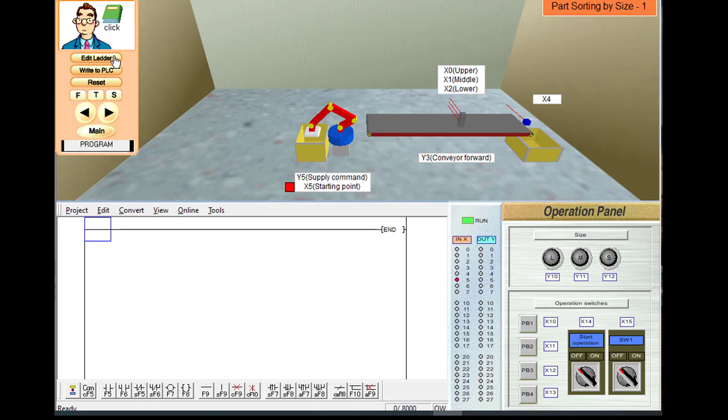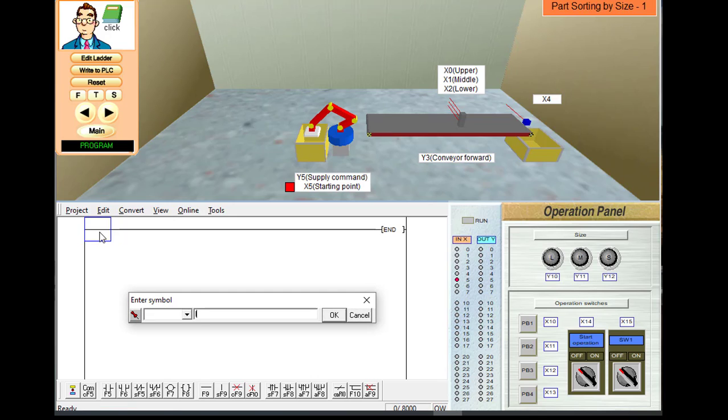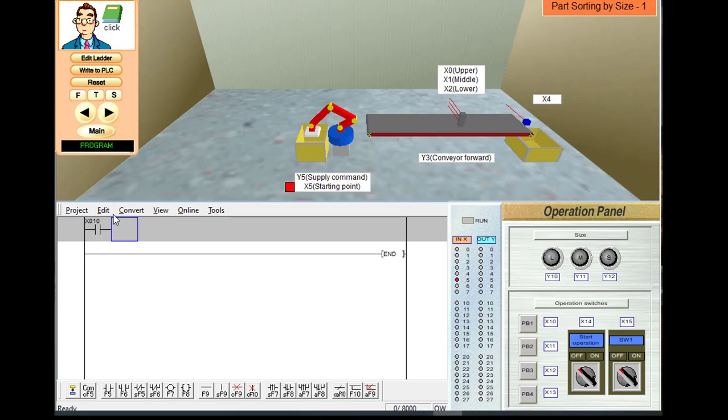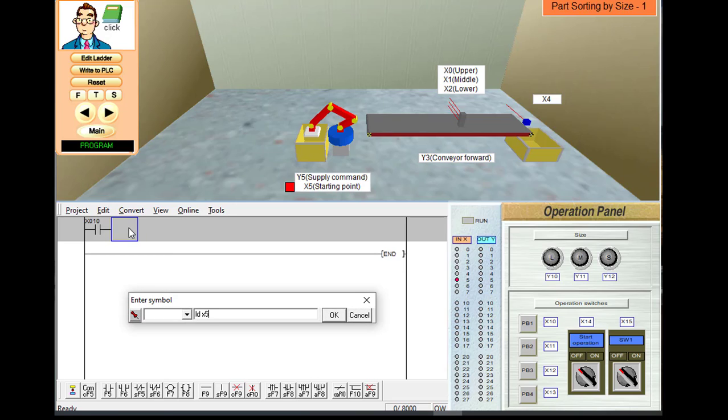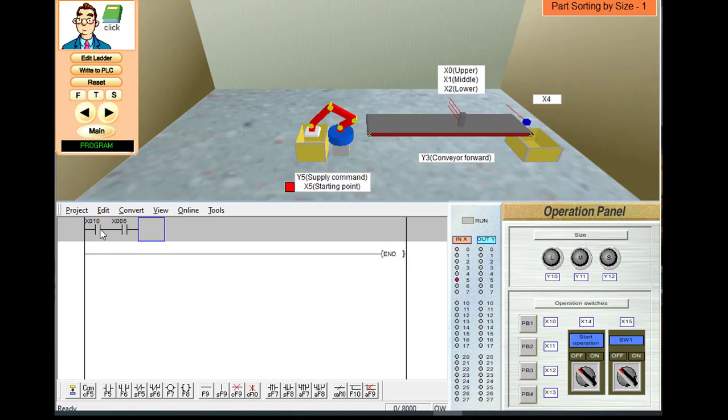First click on the edit ladder button. Now if I press the start button, that is X10, I will load the contact of X10. I need to ensure that when I press the start button the robot arm is at the initial position, so I will write in series a NO contact of X5, so both have to be on.